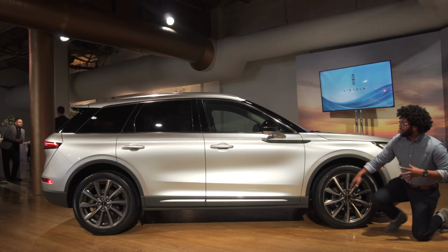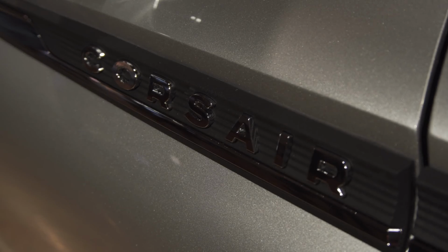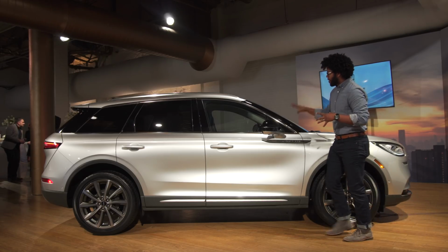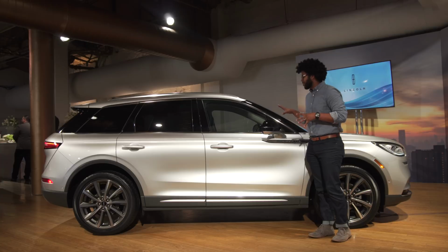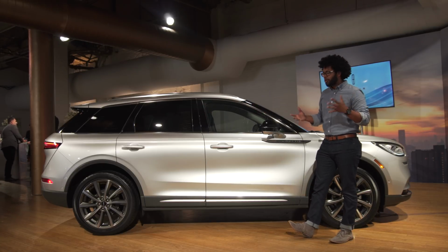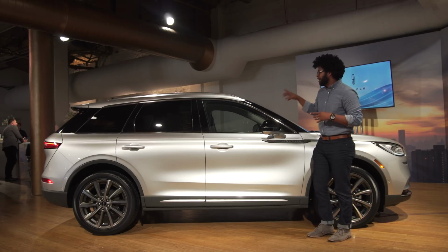Looks very good. Then as you move up, you are going to have your Corsair badge right here on the side. I love the way this looks here. It really makes the car look very elegant. And my favorite part about the side profile is the fact that this entire area is going to be blacked out. So I know you guys have probably seen floating roof designs before, but one thing I've noticed is that